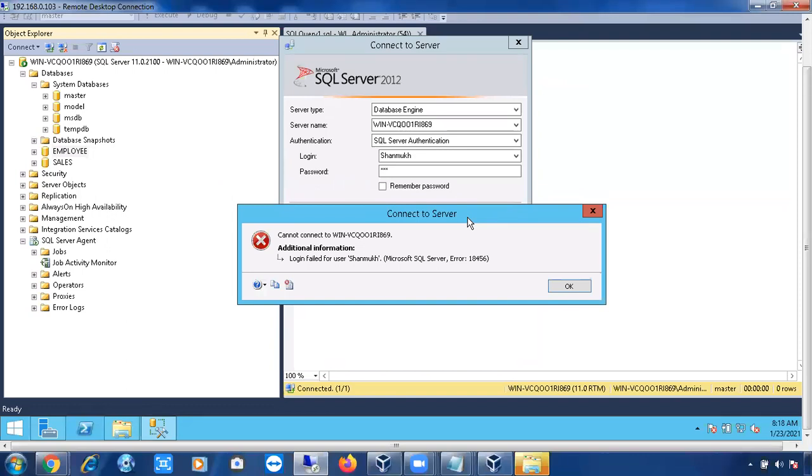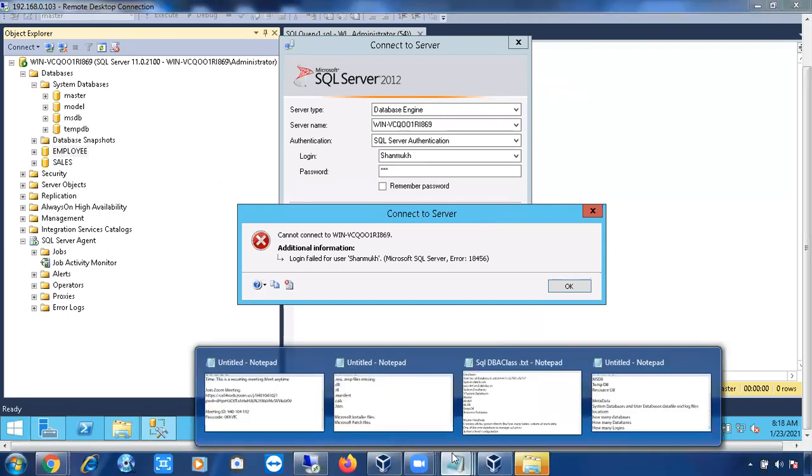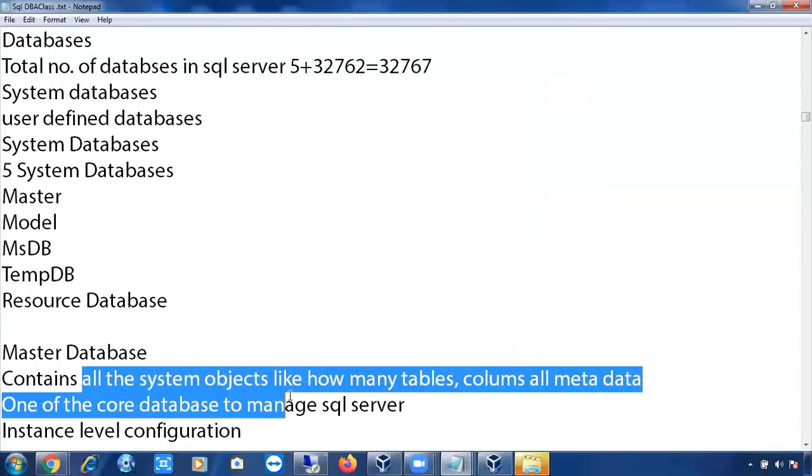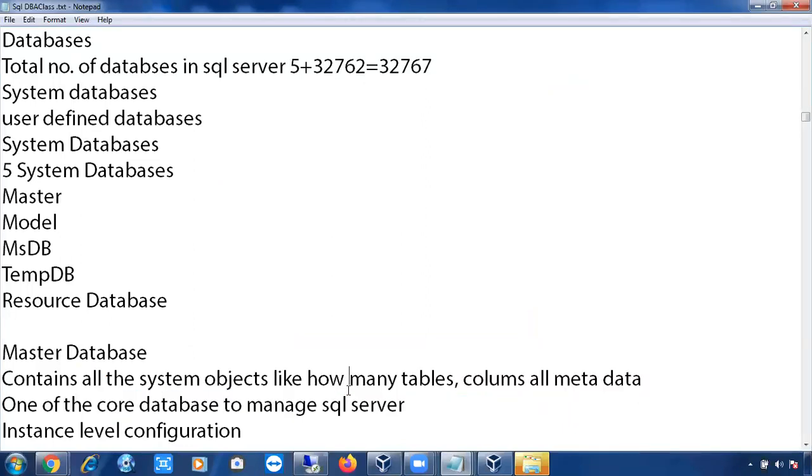Your master database knows whether the login is there, and even if the login is there, whether you gave the correct password. Everything is controlled by your master database. What all things will it store? It stores all system objects, like how many tables and columns, all the metadata of the system objects.